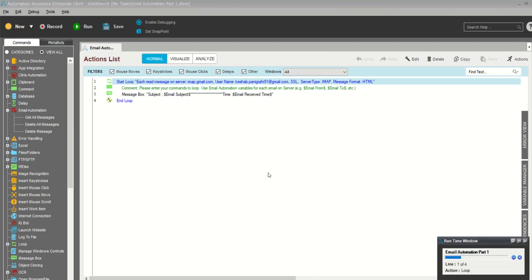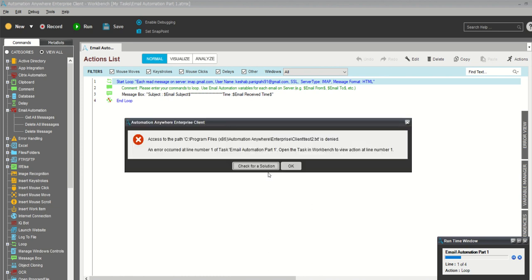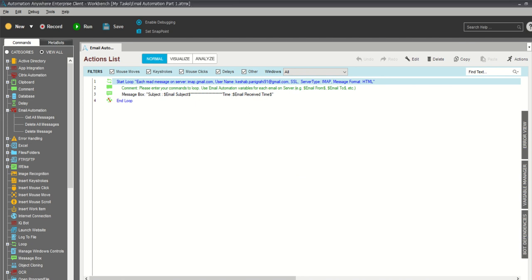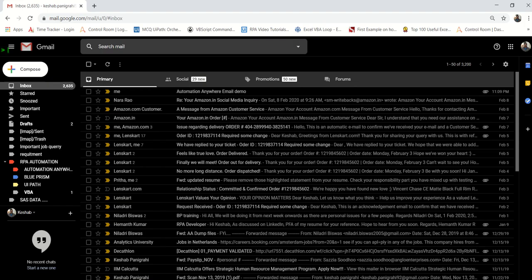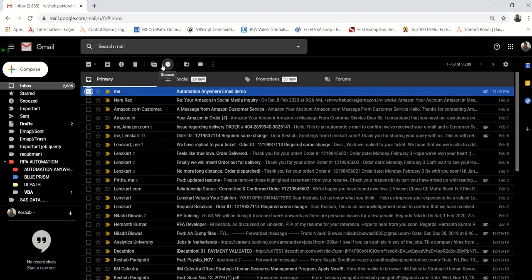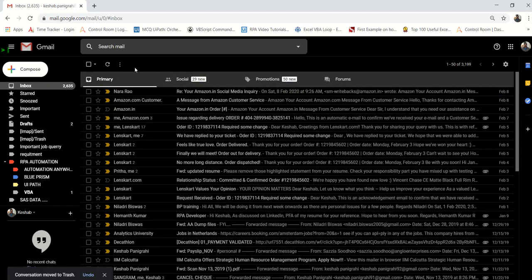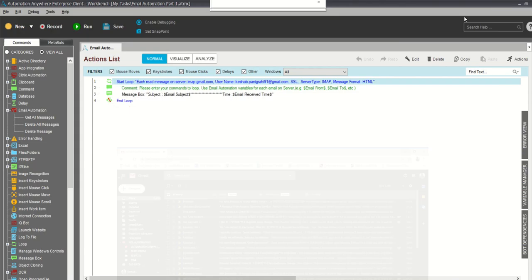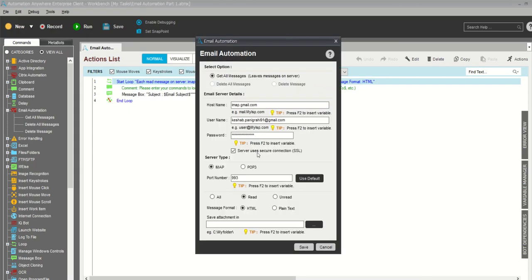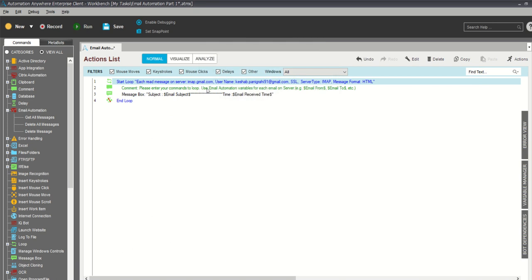I see. I think there is some issue with this email which I sent to myself while using this automation anywhere. But it should not be an issue, but as we are getting an issue, maybe because of the file